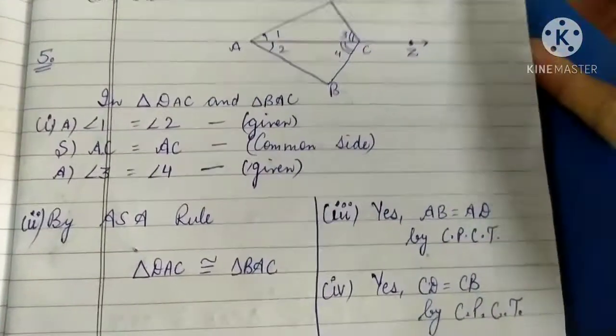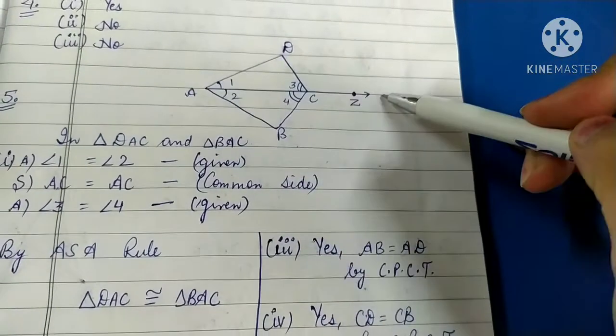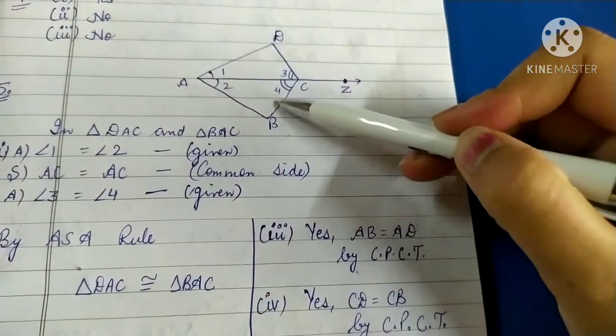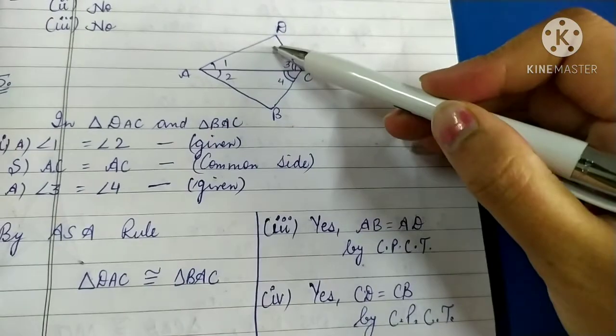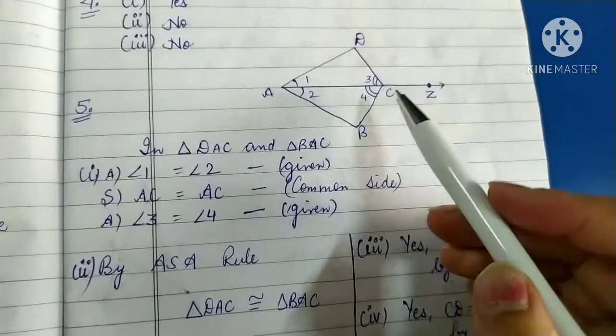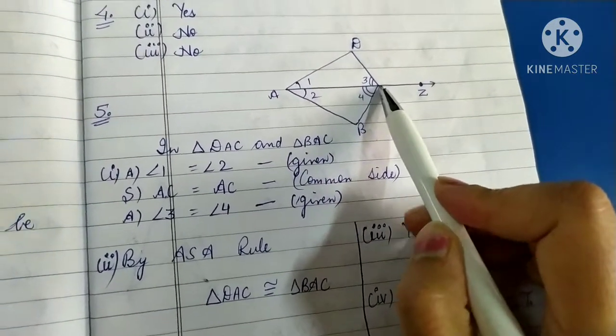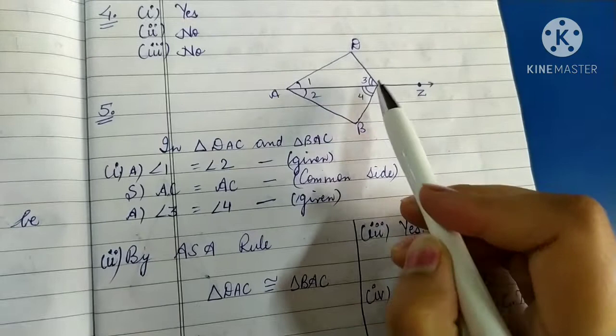Coming to the fifth one, a figure is given in the form of a ray, and the ray has two triangles on either side of it. One is on the top, one is on the base. The names of the triangles we can take are DAC and BAC. I think it's given in the book also. So we need to look at triangles DAC and BAC.